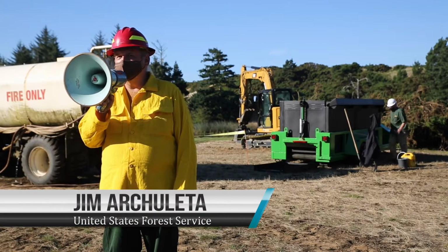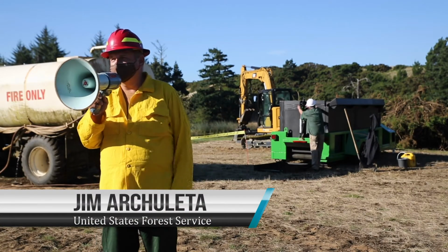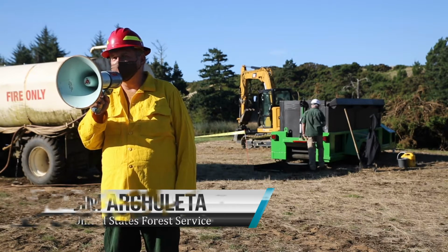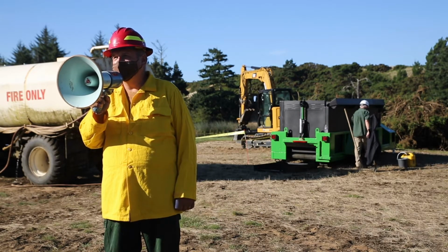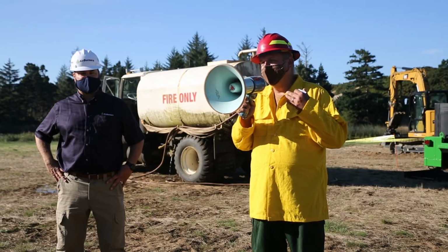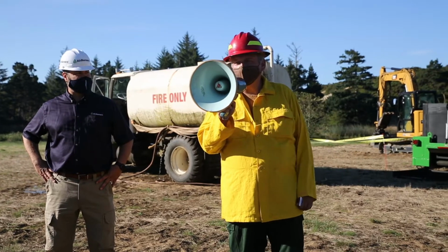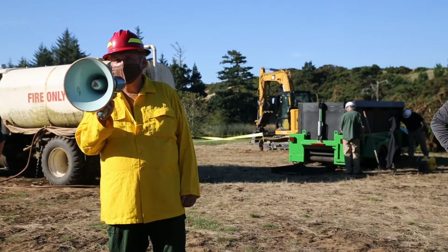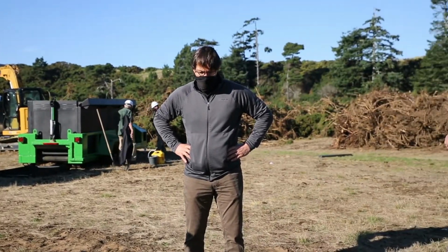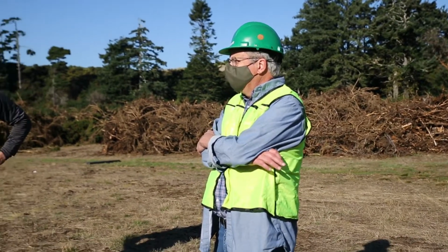We're interested in taking unmerchantable materials, such as the gorse you see behind you, and turning it potentially into a merchantable product. And that has led us to a cooperation with Air Burners Incorporated. So what we're going to do today is to burn initially the cured pile that you see in front of you. Start with that and then transition over to the green material after a certain point in the day,